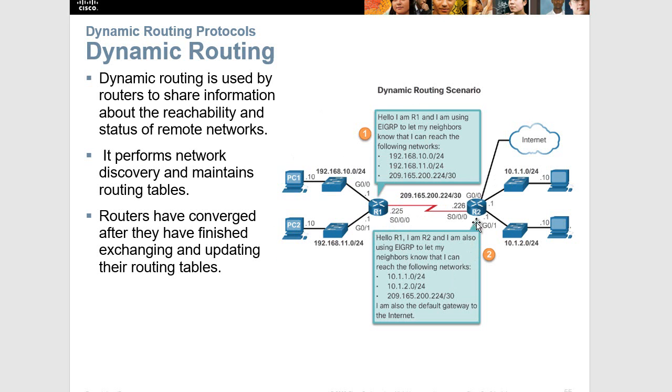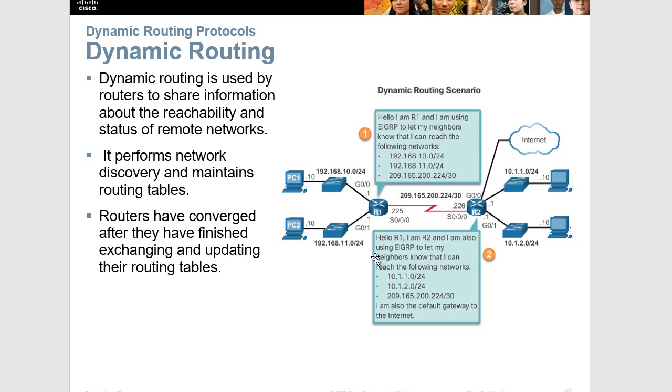Basically, R1 saying, hey R2, I know about these networks and how you get to them, and here's that information. What do you know? R2 says, I know about the networks over here, so use me to get there. I'm your next hop, and I'm going to take the information you've given me and put it in my routing table. So you're exchanging information to build a routing table as to how to get to different networks dynamically,